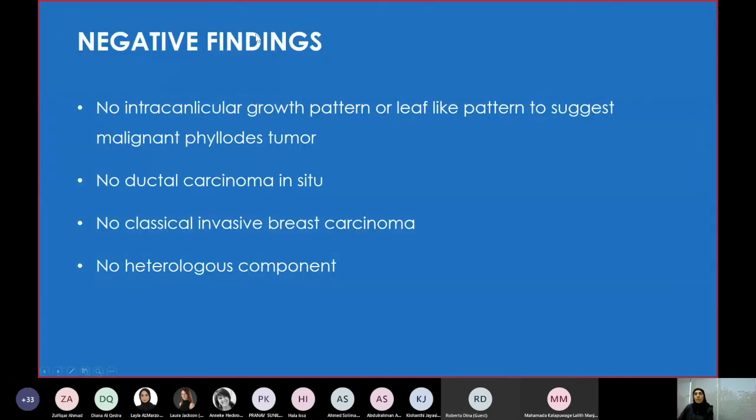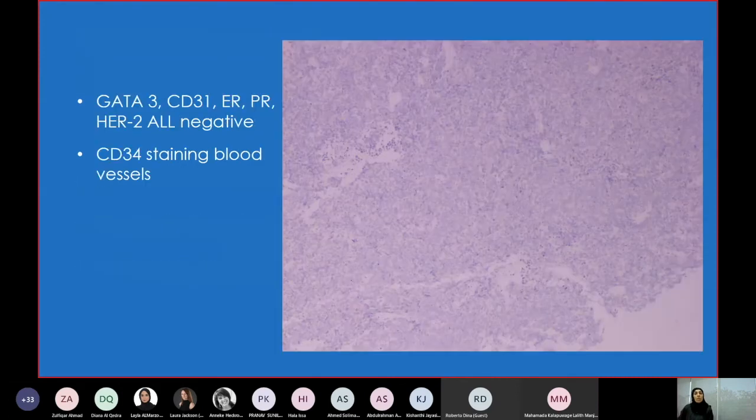Now, the negative findings: there is no intraductal growth pattern or leaf-like pattern to suggest malignant phyllodes tumor, no ductal carcinoma in situ, no classical invasive breast carcinoma, no heterologous component. Applying immunohistochemistry, I will start with the negative findings: GATA3 negative, CD31 negative, ER, PR, HER2 all negative, CD34 staining